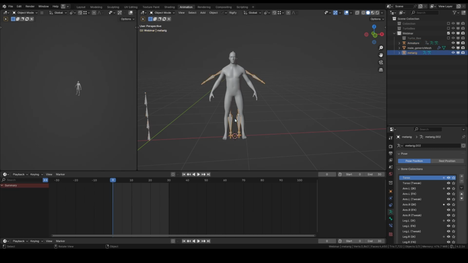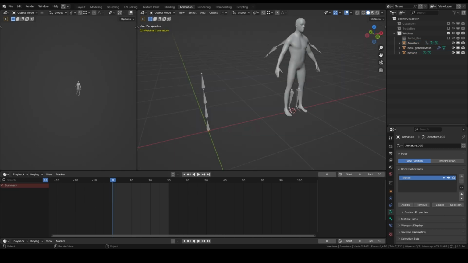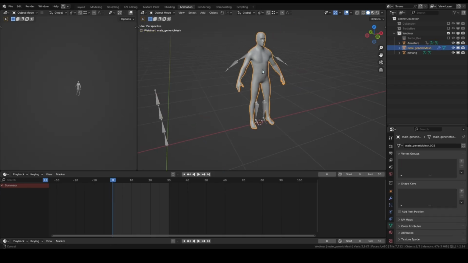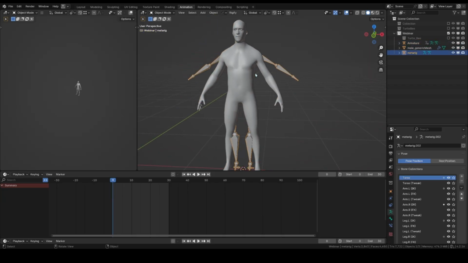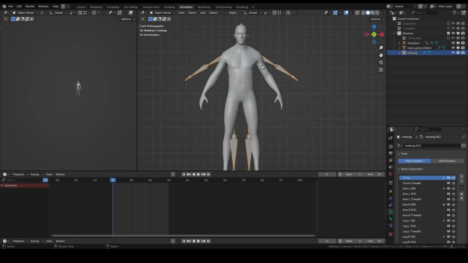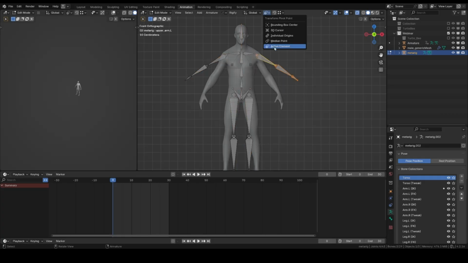So then if you want to marry or put the skeleton and the mesh together, you would either go about manually weight painting your mesh, or you would do it automatically, which I will do, but then show what that would look like. So first, I'll go through and make sure that